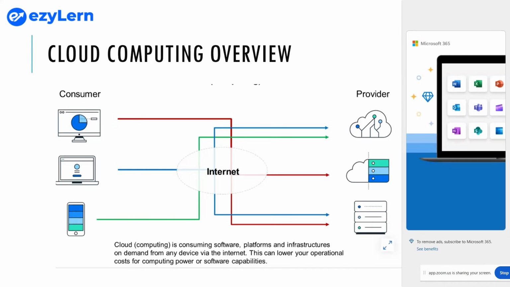Cloud computing can lower your costs by allowing you to use only the resources you need on demand. Whatever you need, you can build, instead of just buying one server when you don't need that entire server. On a physical server, even if you don't need it, you have to pay for that. Whereas for cloud, whatever you need, you take it and then you pay.